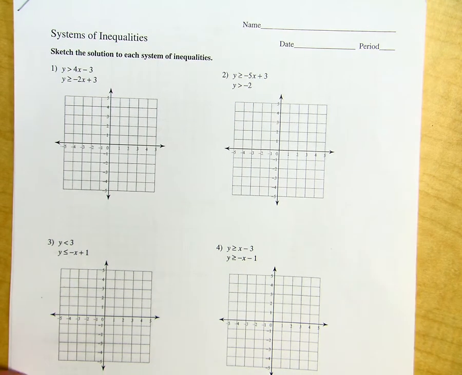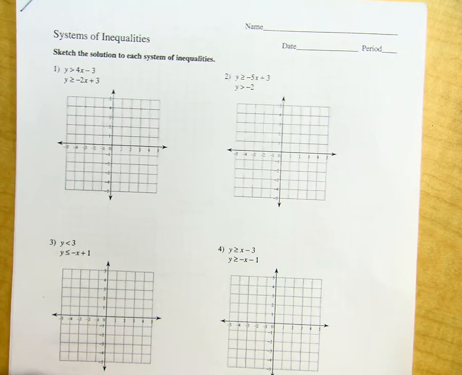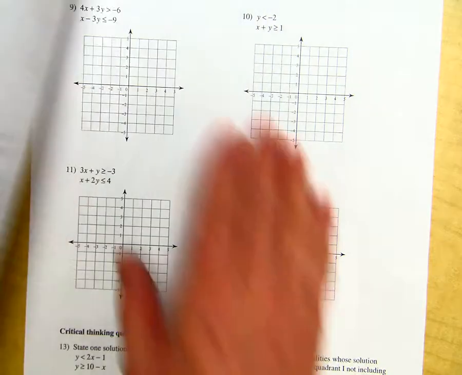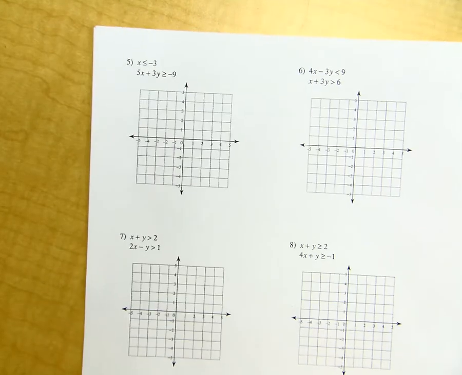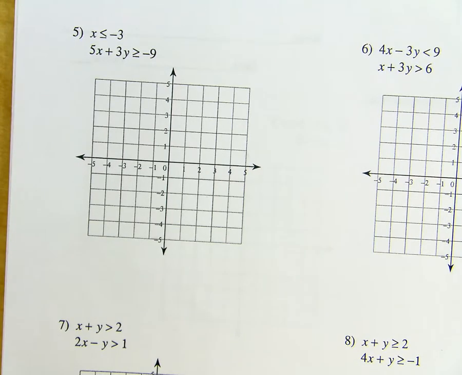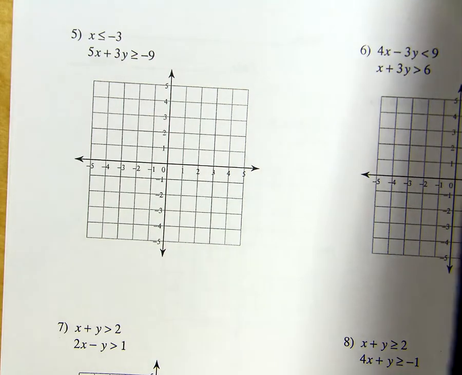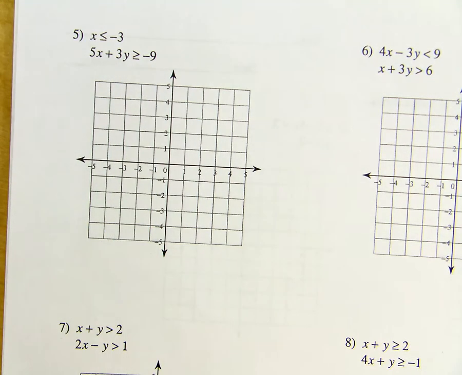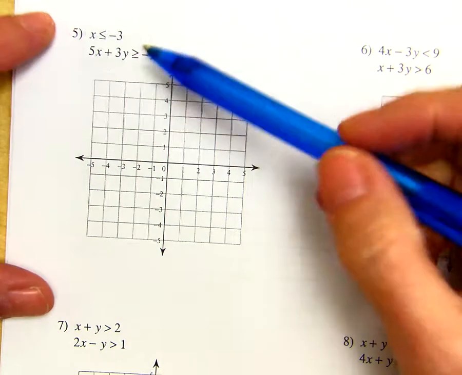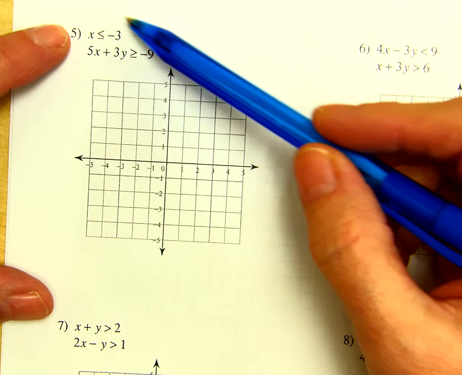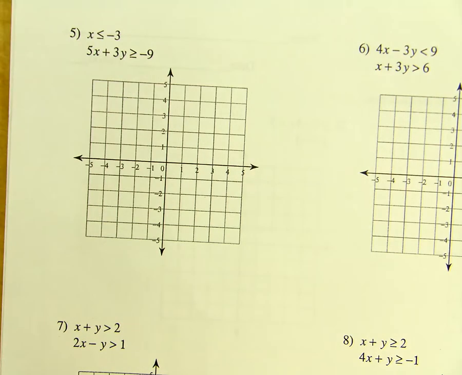We will be working two examples and those will be problems 5 and 7 in this handout. So if you will turn over the page, let's look at problem number 5. In this problem we have the system of inequalities: x is less than or equal to -3, and then we have 5x plus 3y is greater than or equal to -9. So the first inequality has the x and no y